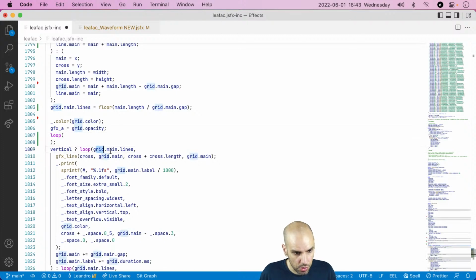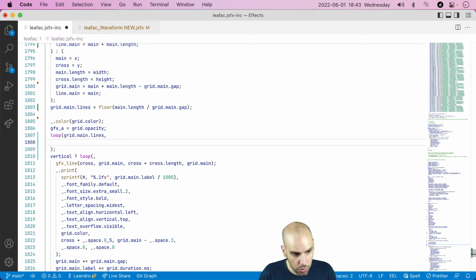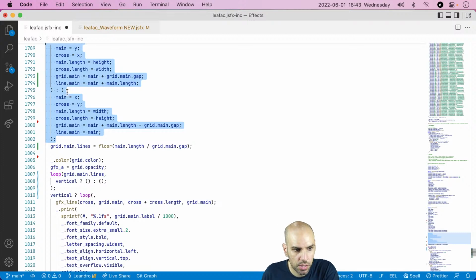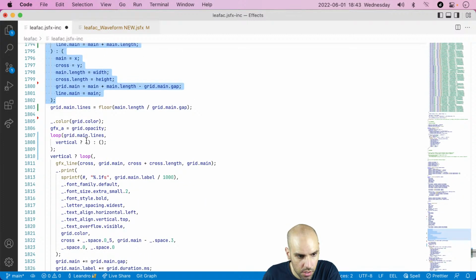How many times do we want to loop? This many times. And what do you want to do in the loop? Well, we will have one condition, that's inevitable, and we'll compute a bunch of things in the conditional in pretty much the same fashion as this. But this needs to live in the loop, so that's why I have 2 blocks. And then